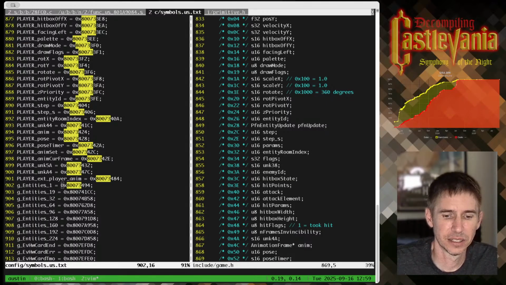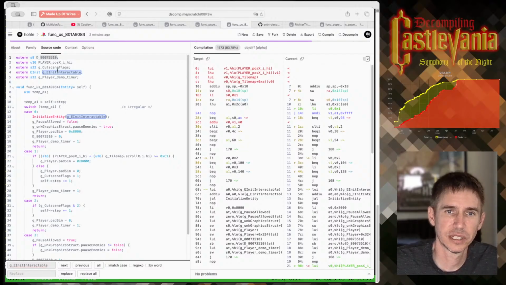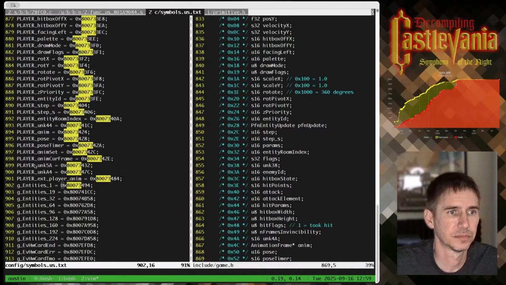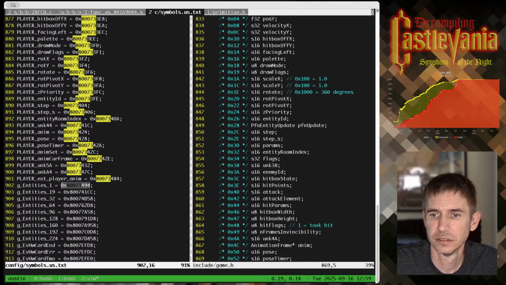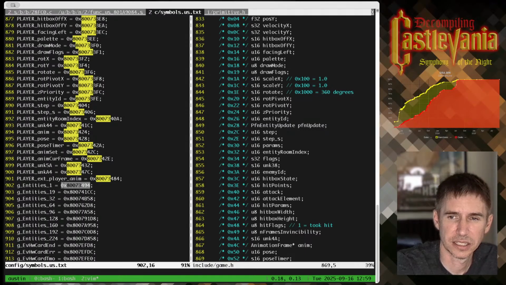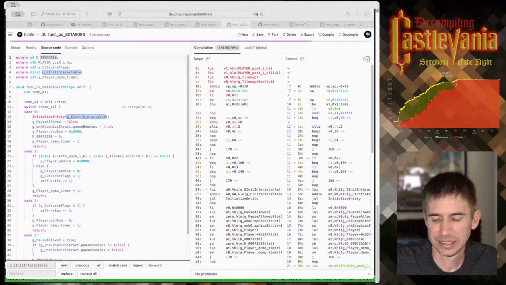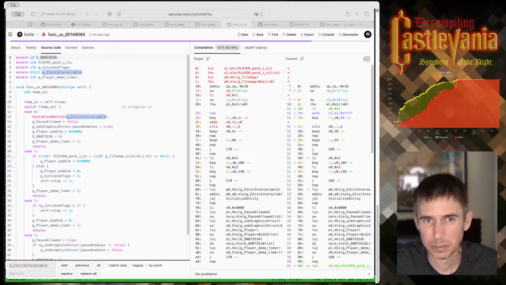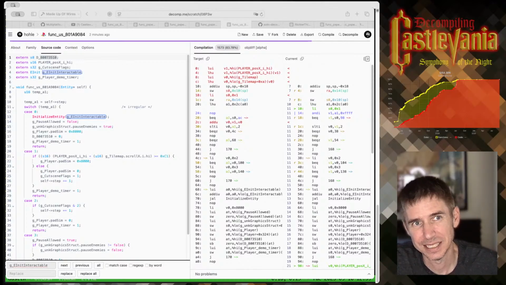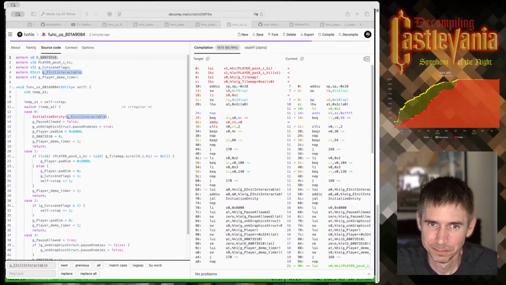So taking the symbol's address, subtracting offset 1's base address, that gets us to 7C. Not a good place to be. 7C is the start of the entity extension. So this is G entities subscript 1 dot ext something.